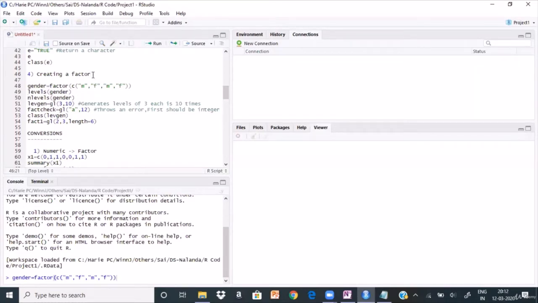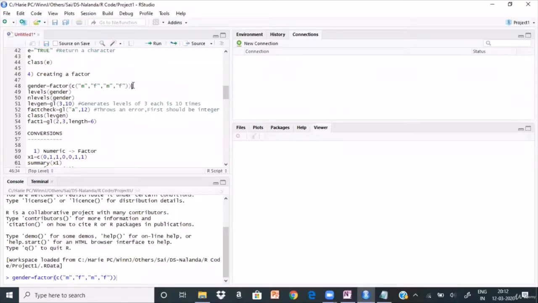Factor is a data type where you can define the data in levels, which is not the case with respect to C or Java. If you want this kind of data type, you have to define a class structure, a data structure in C or in Java, whatever it is. And again, you have to do some kind of manipulation or coding around that to figure out what the levels are. So let's run this part.